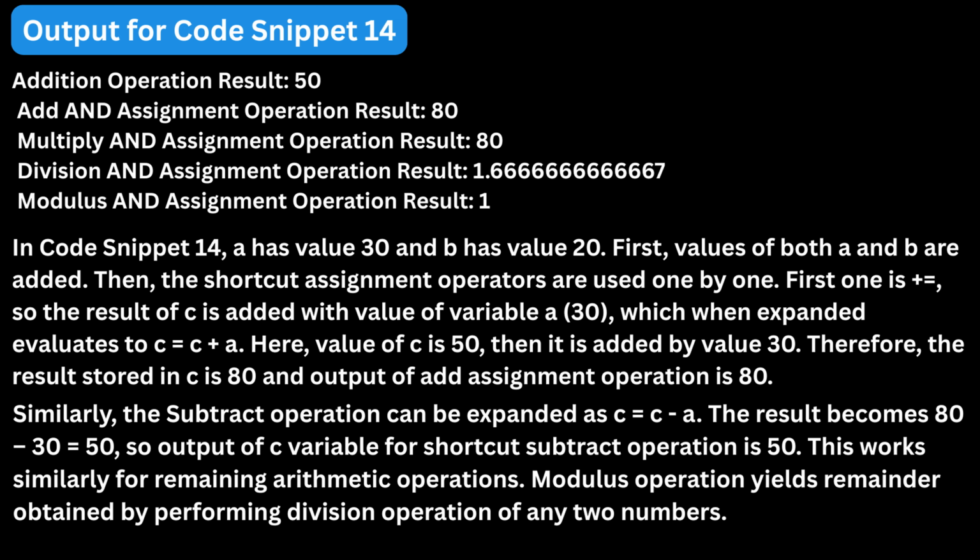The output of code snippet 14 gives us a clear, step-by-step look at how each assignment operator affects the value inside a variable. By watching the value of C change with every operation, you can see exactly how PHP processes arithmetic and assignment in a structured, logical order. Understanding this flow is essential when building programs that rely on repeated calculations, counters, loops, or real-time updates to stored